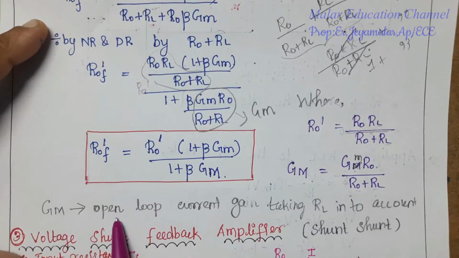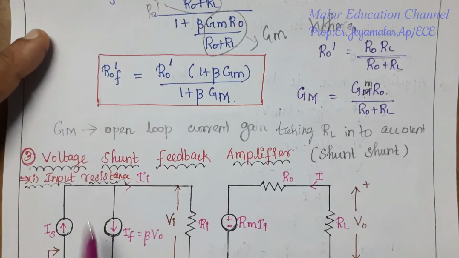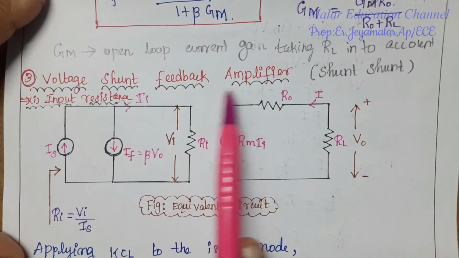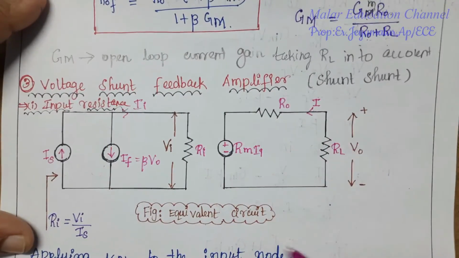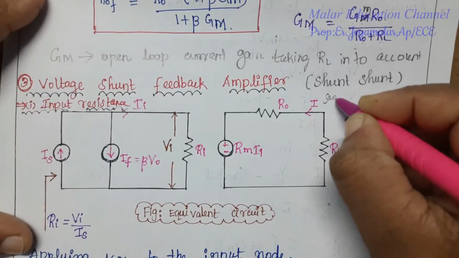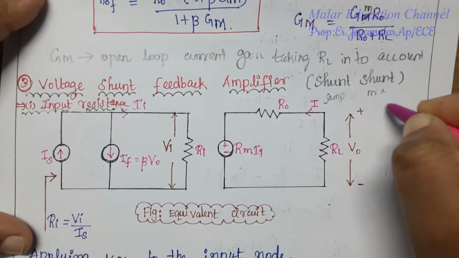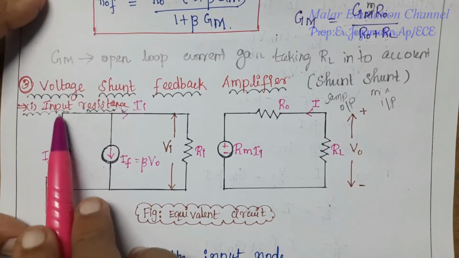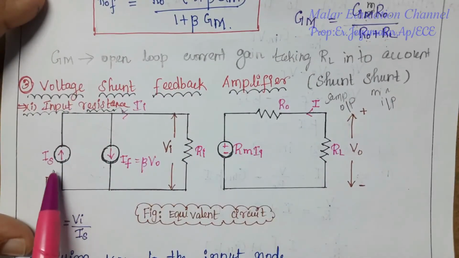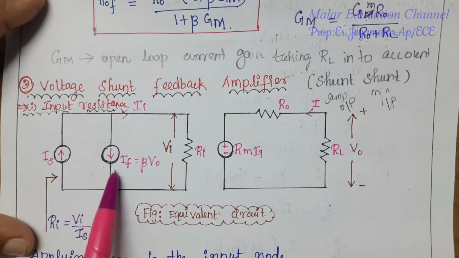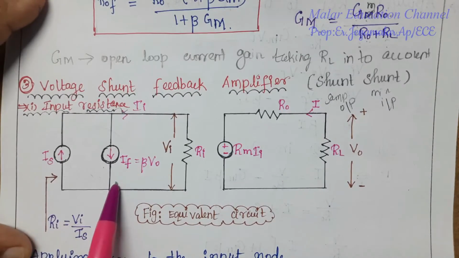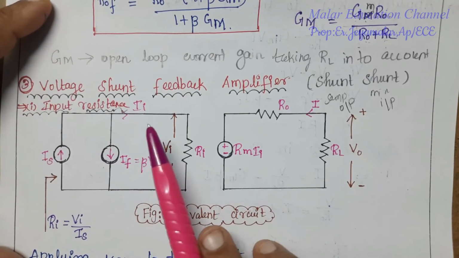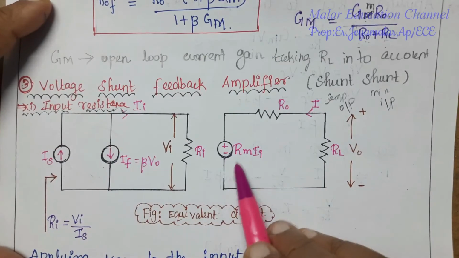Okay. Next, move to the third type, the voltage shunt feedback amplifier. This is the equivalent circuit diagram of the voltage shunt feedback amplifier. Shunt, this is for sampling. This is for mixing. We know mixing is the input section, sampling is the output section. See here, voltage shunt feedback amplifier. Here this is the current source, IS and IF, IS and IF, beta into V naught. Input resistance, here output section RM, because of the combination of voltage and shunt, so that is for RM.